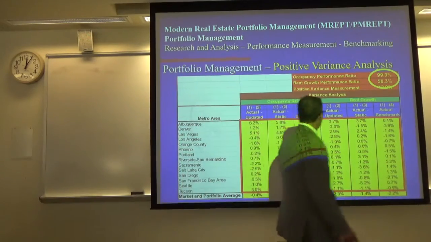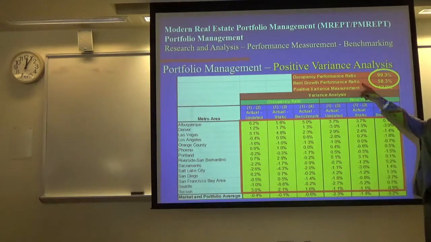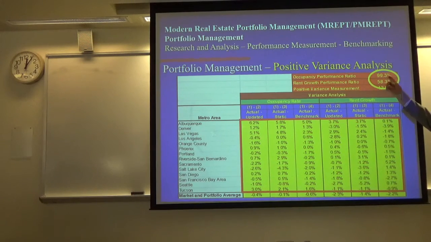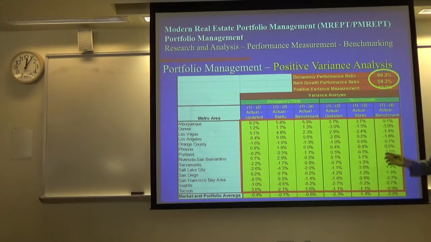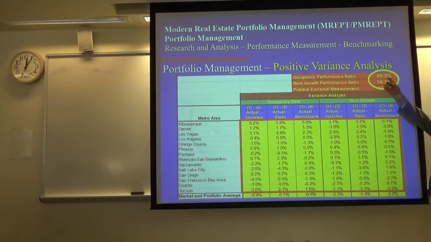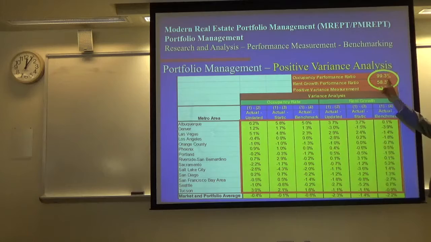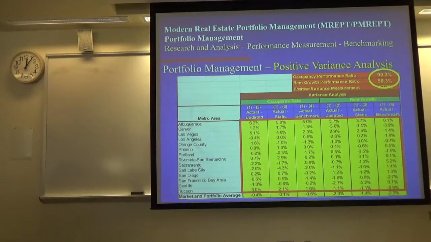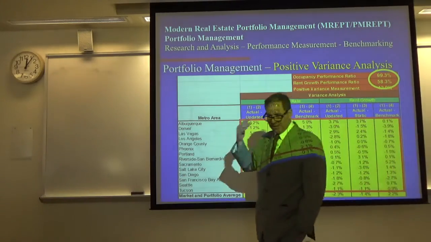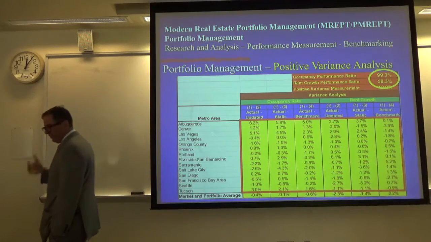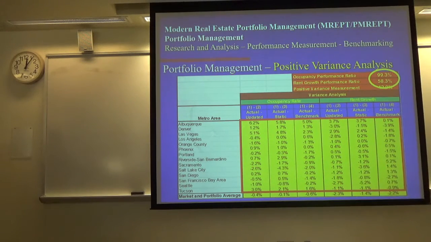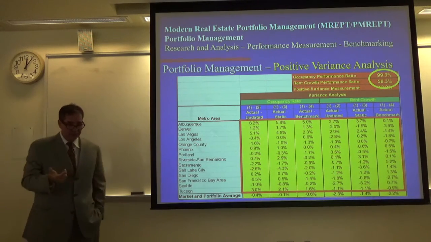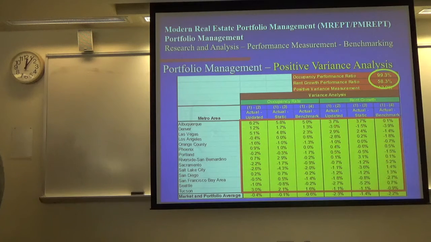So if you go up here and you look at our occupancy and rent growth performance, we actually beat the metrics in regards to occupancy. 99% of the sample we beat in regards to occupancy. So we were really good at managing the portfolio. And then we were about 60% positive variances on the rent side. So this allowed us on a monthly basis to basically track the performance of the portfolio and be able to identify very quickly where the variances were, where we were underperforming either by occupancy or rent growth. So it was another great tracking device.